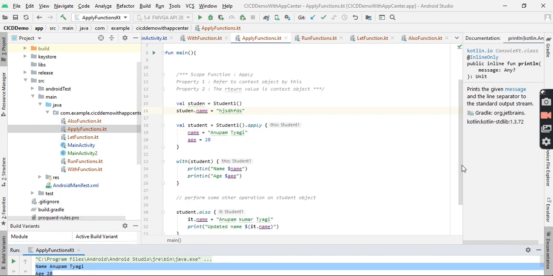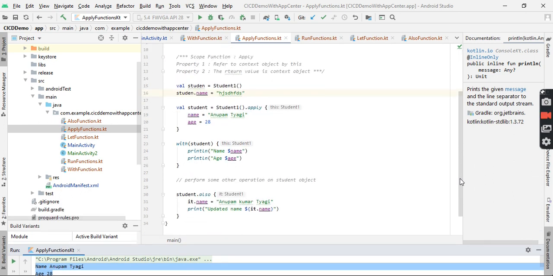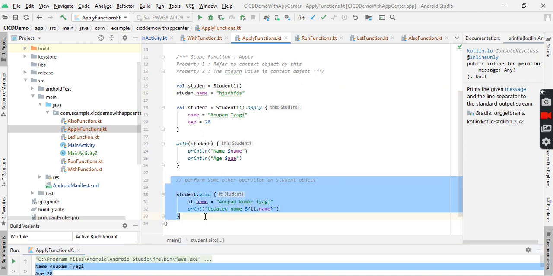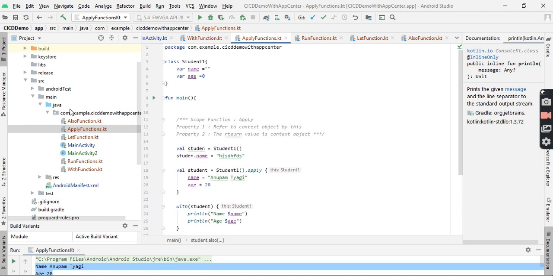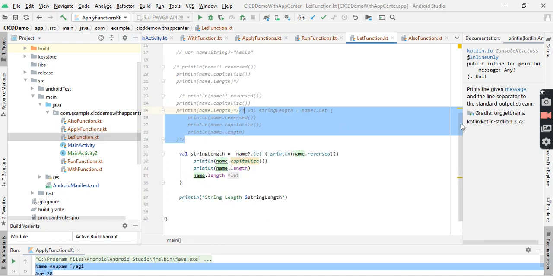Here I also used the also function, but when we come to the also function, we will see how it can be used with apply also. So moving ahead, we will go into the let function.